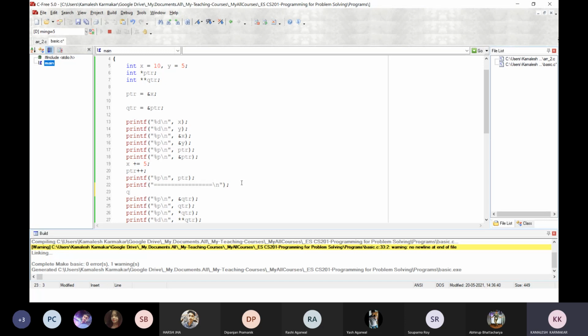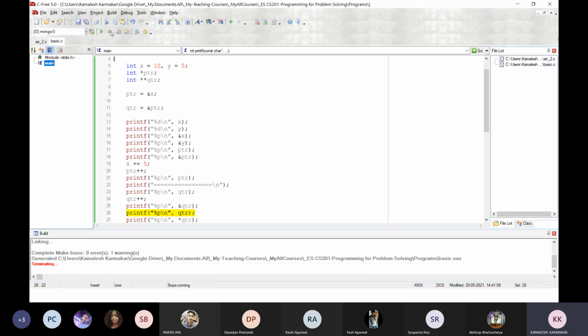So let me write qtr plus plus, the address of the value of qtr. Before this line, I will print this value. Before the increment operation, I will print the value, and here I will print the value again.